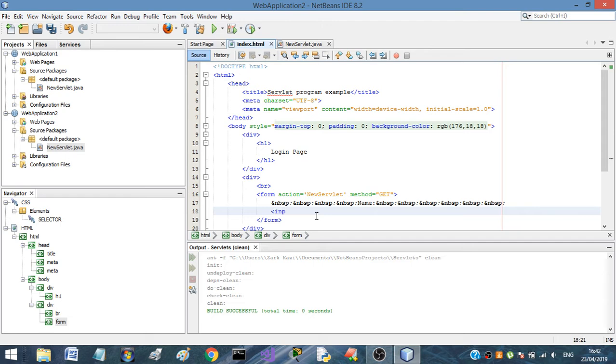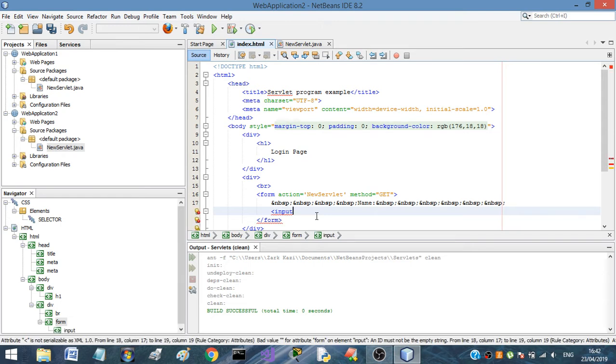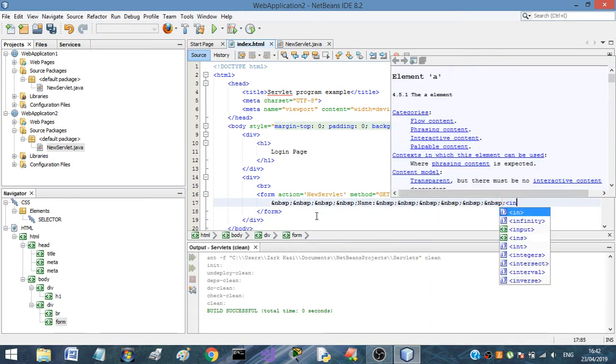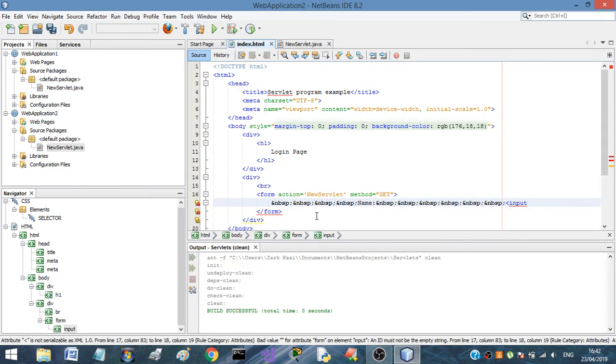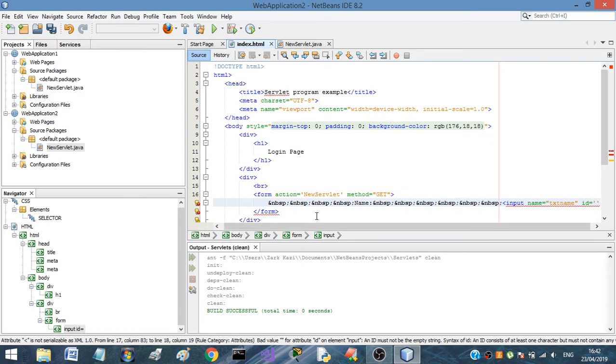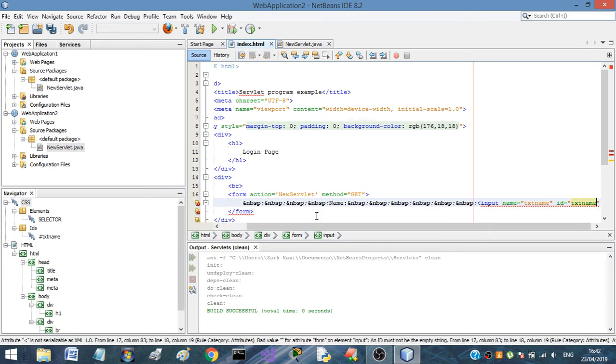So the input, name equal to txtname, space id equal to txtname as well,